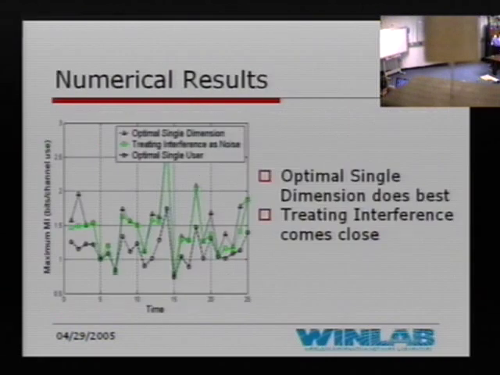So I have some numerical results over here. This is the mutual information achievable along with time. If you see these circles, these are the optimal single user, that is each user transmitted only in his best subchannel. The green line is when the interference was treated as noise, and this is after 5 iterations. I didn't mention it here because that process of treating other interference as noise has to be done iteratively. This is results after 5 iterations, and these triangles are the optimal single dimension transmission.